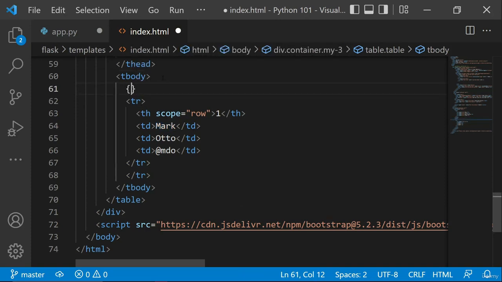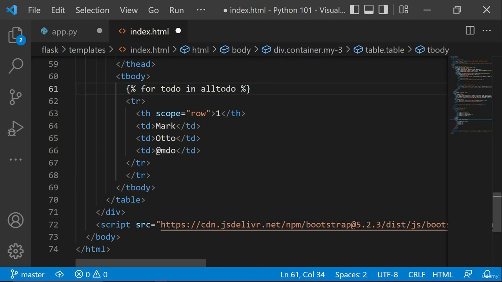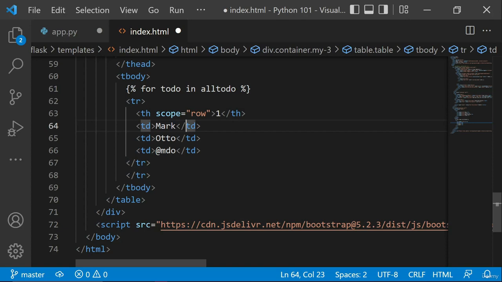We are going to be adding double percentage, and in here we will do for todo in all todo. So let's check. We are passing this variable, and we are just going through this variable which is all todo, and we are checking for each and every value. The first one will be the todo dot title. We are going to be adding double quotes, and in here we will do todo dot title,